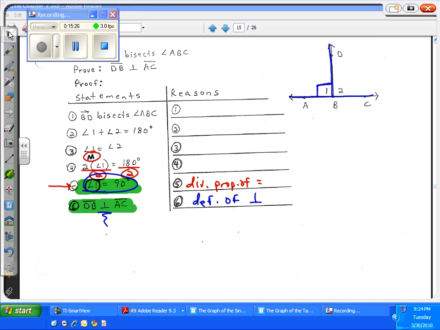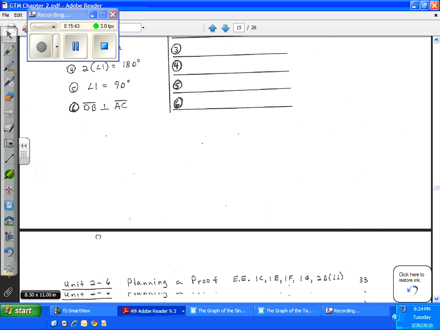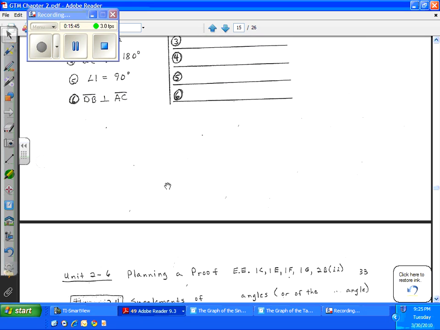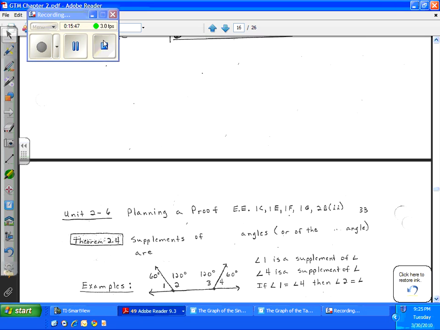And so we say definition of perpendicular. Remember, we can say definition of if we have the word and conclude the what we get out of it, or if we have the what we get out of it and use that to conclude the word. Okay? Any questions on that? Okay? And so that concluded